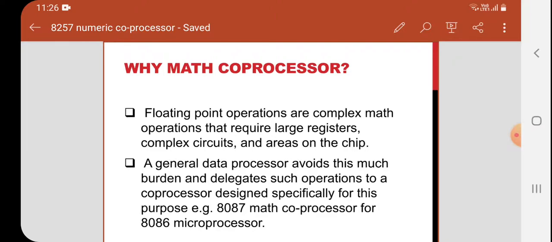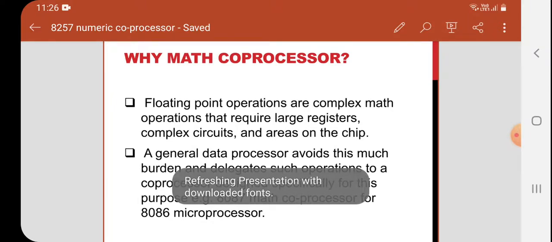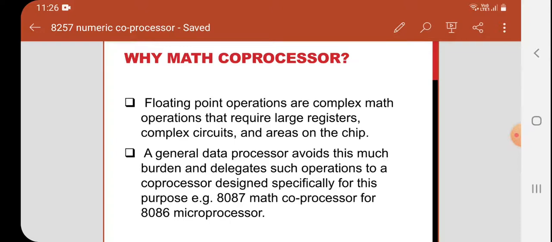It is mainly used for doing complicated numerical calculations involving floating point operations and all. This coprocessor works parallelly with your main processor, and whenever coprocessor instructions come into a program, the processor leaves the work to the coprocessor, and your 8087, the math coprocessor, starts its execution of the operation.